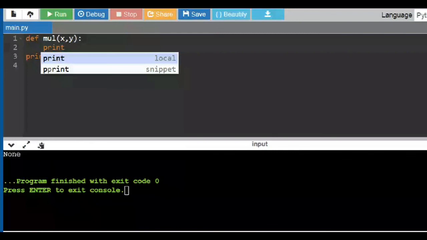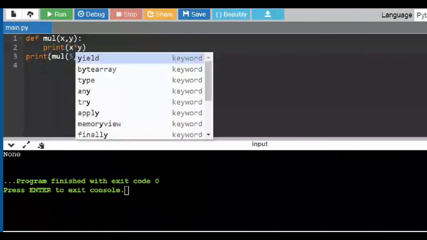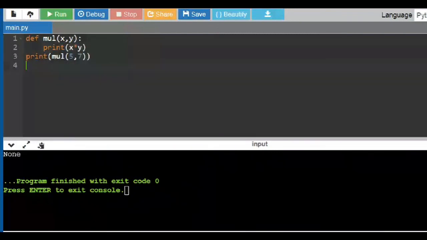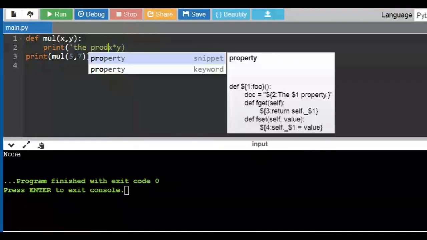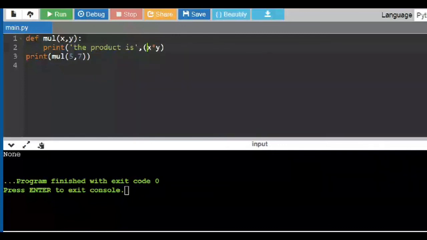I said x into y directly. Or else I can say the result of the product is, and then do the multiplication like this. Whatever I want, I can do.